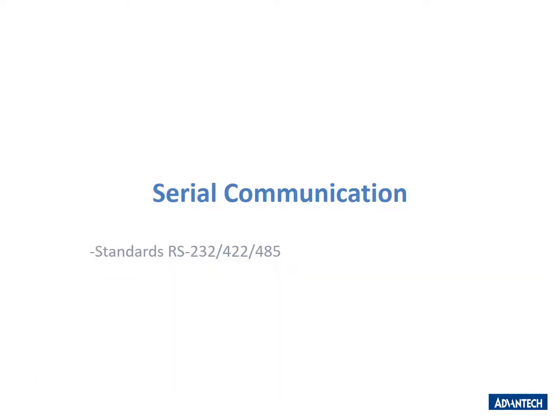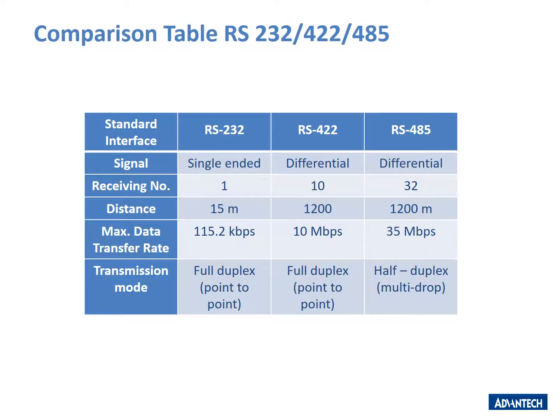Now, we will discuss the advantages of RS-485 over RS-232. This table is a summary of the comparison of these 3 standard interfaces. RS-232 can connect only one device to the host along a distance of 15 meters with a maximum data rate of 115.2 kilobits per second. Alike, with RS-485 32 devices can be connected to the host along 1,200 meters with a maximum data rate of